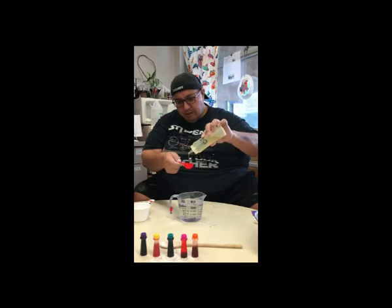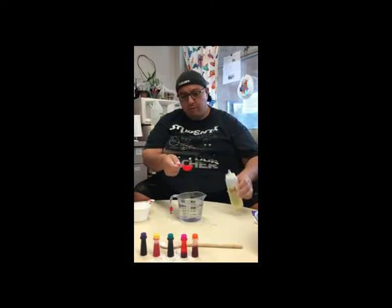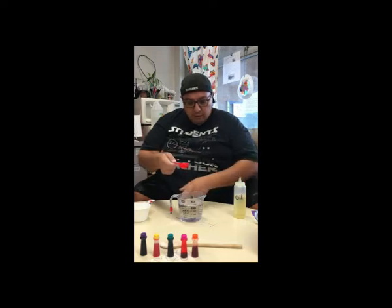I found it really neat to put it in this little squirting thing because it makes it easier to measure out. You want to put it to the very top. And the little bubble at the top, it's called a meniscus. So we can, if you look right here,